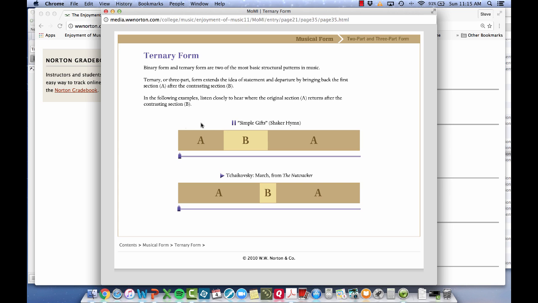'Tis a gift to be simple, 'tis a gift to be free, 'tis a gift to come down where we ought to be, and when we find ourselves in a place just right, we'll be in the valley of love and delight, when true simplicity is deep, to bow and to bend we will not be ashamed, to turn with